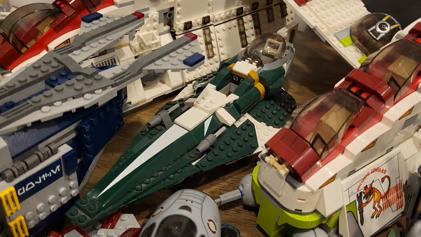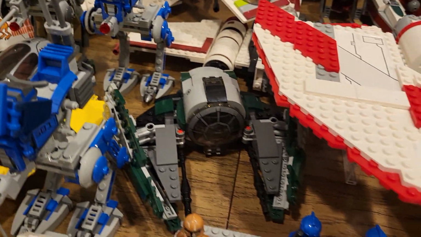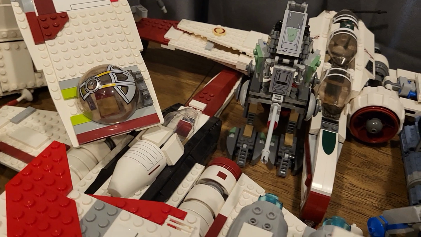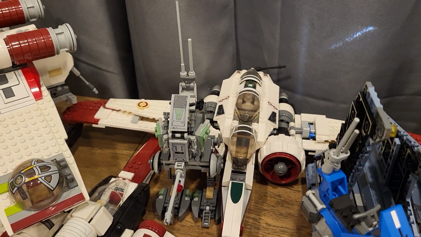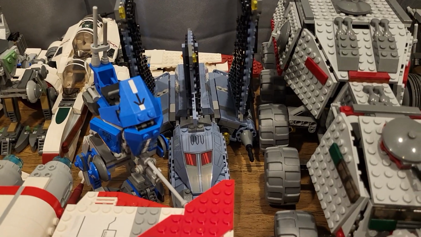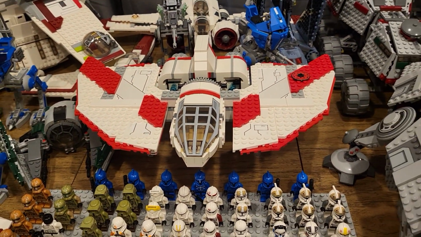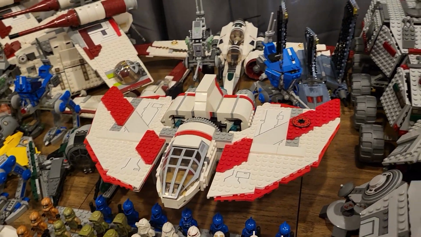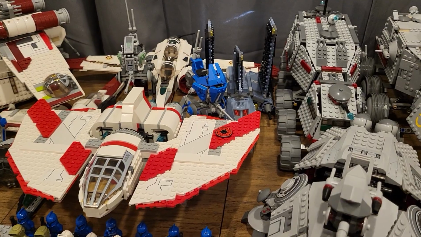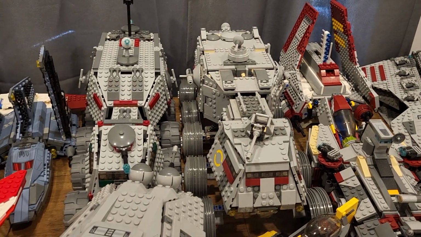Then we have another Jedi ship. Then we have Yoda's. Then we have the Headhunter bomber right over here. Then we have another ship of the class. Then we have our Bad Batch ship, and we have our Jedi shuttle. Then as we move more onto our larger land and onto our larger flight